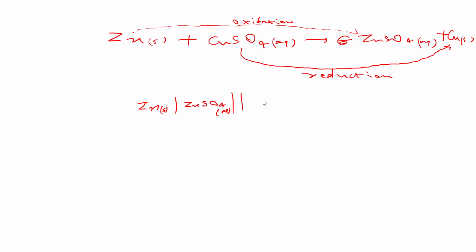CuSO4. That is the electrolyte present in the cathode part, that is, copper sulfate aqueous. So we mention here copper sulfate aqueous. Then the phase separation line, a vertical line, or we can use a semicolon also. Copper solid. We are using copper solid here because this is not having any gaseous species. And now you can see in both half cells the solid species are at the end, isn't it? So it is correct, and this is the representation of the complete galvanic cell.